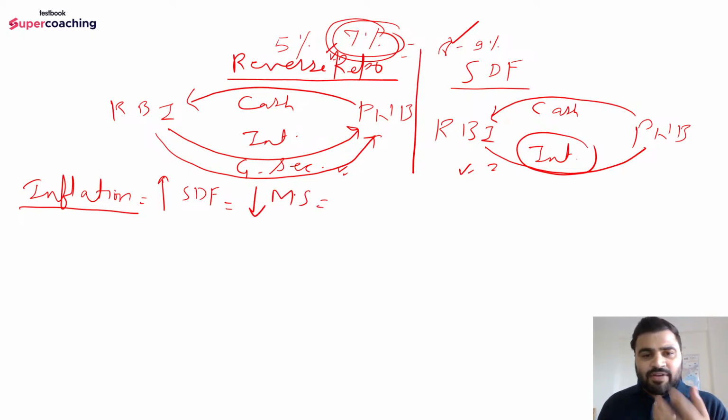Why? Because they have limited money. And if they are depositing the same with the Reserve Bank of India, then they are having less money, which means money supply is decreasing in the economy, which will lead to an increase in the interest rate. क्योंकि जो भी लिमिटेड पैसा बचा है, अब आरबीआई, अब पंजाब नेशनल बैंक किसको देगी? जो ज्यादा इंटरेस्ट रेट पे करेंगे, which means मनी सप्लाई कम हो गई तो इंटरेस्ट रेट विल बी हाई इन